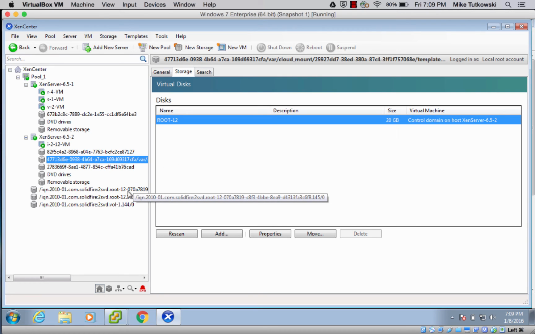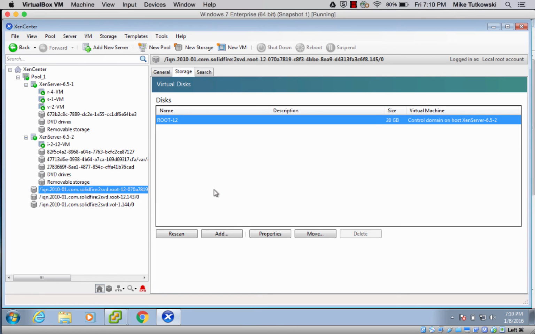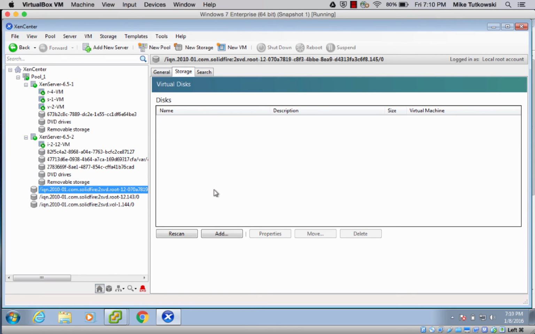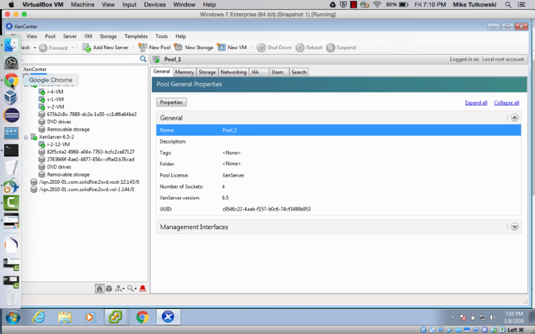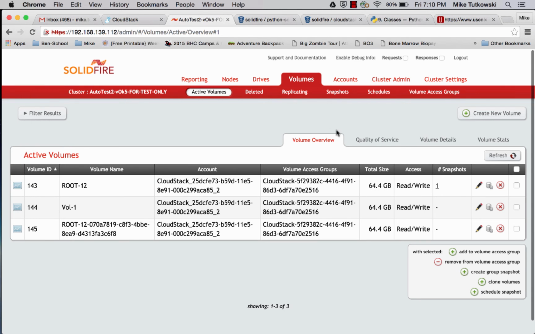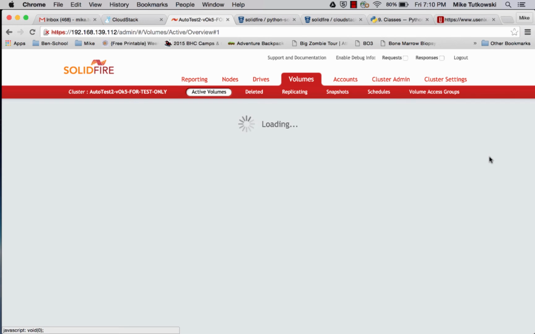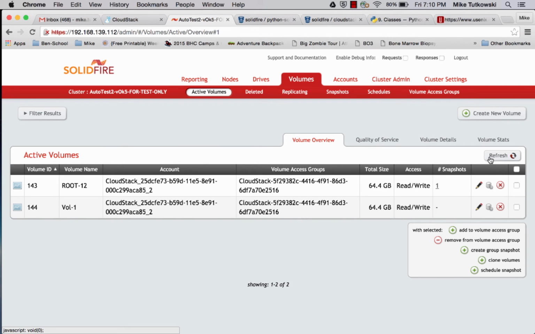So switching back to our source storage repository now. And once this process has completed, which is actually happening right now, we'll see that our storage repositories, both the source and the destination, have disappeared. If we go over to the SolidFire GUI, let me switch over to my browser and click on the refresh button here. We should see that the volume itself, first it was taken out of the volume access group, then this volume was actually deleted. We don't need it anymore. So it's gone. We still have our snapshot, of course,